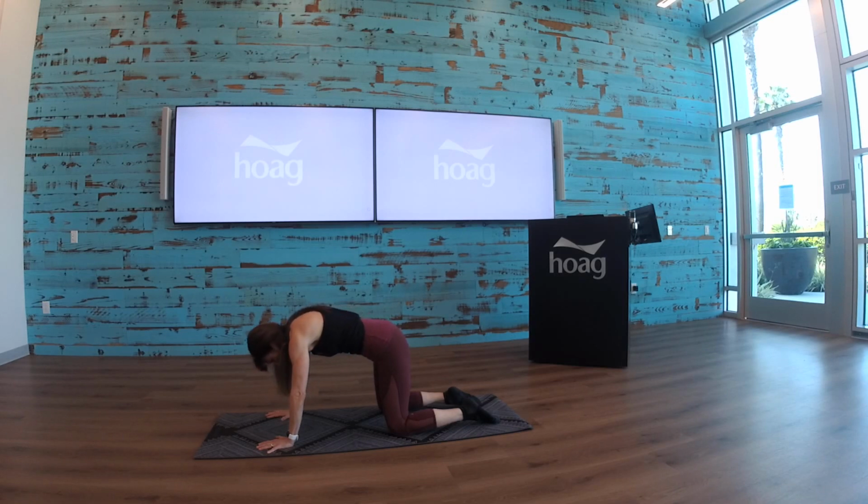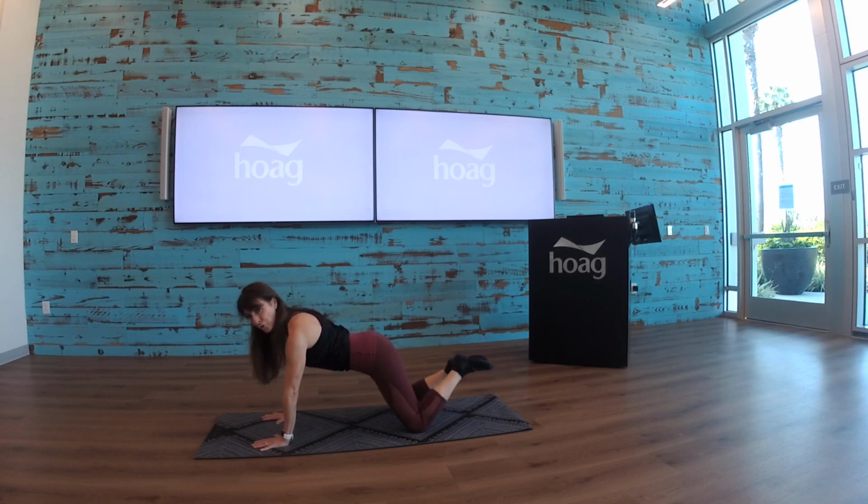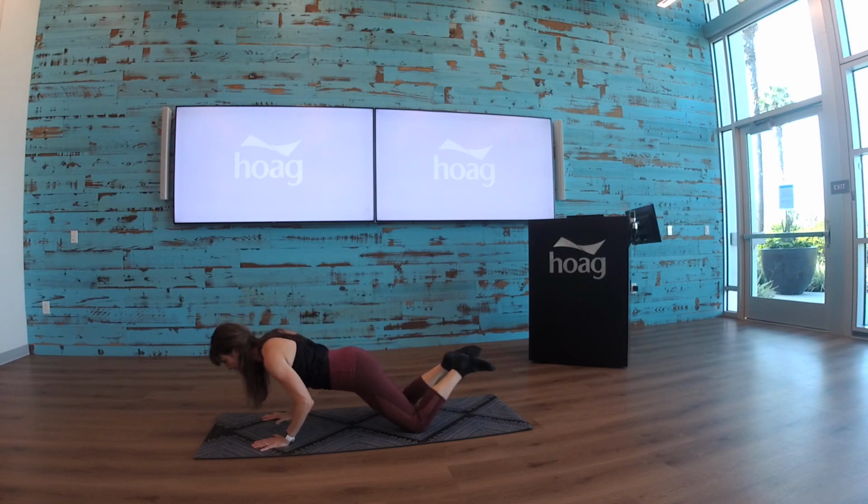Really trying to stretch out that spine and exhale, pull under. And looking out right here. And push your knees back just a little bit. Lift the feet up, making sure your hands are right underneath your shoulders. Tuck the pelvic under. We're going to come down into a little bit of a tricep push and right back